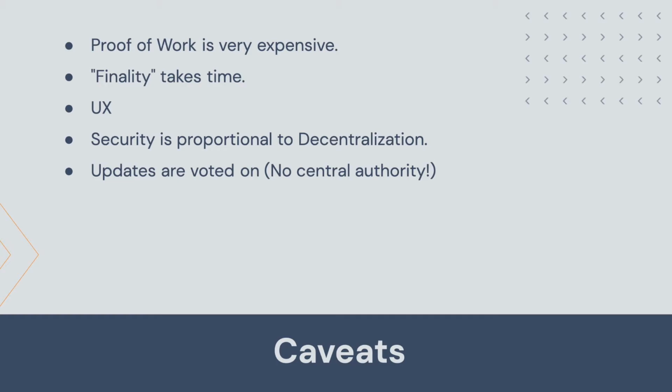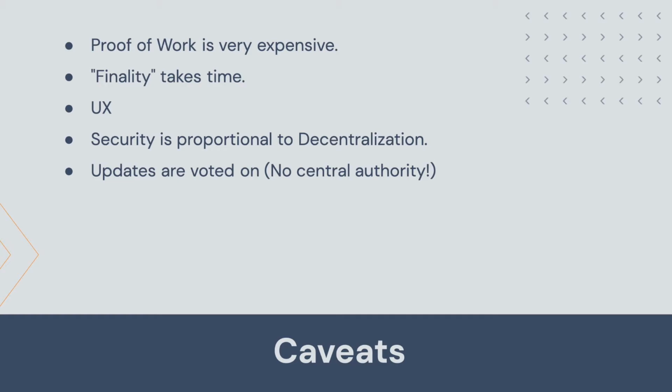There is also that security is proportional to the decentralization, and this one is insidious. The more peers and the more diverse they are, the more secure the network is. But the inverse is also true. If a network starts losing peers, then it will keep getting less and less secure, and that in turn will likely cause more peers to leave it, which will in turn cause it to be less secure, and that is a death spiral.